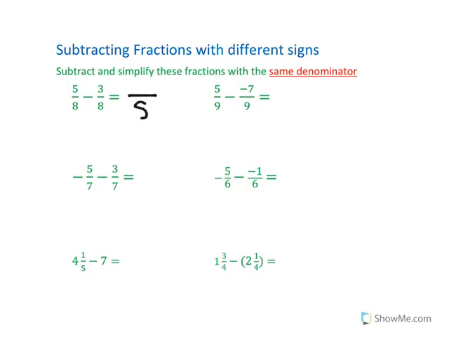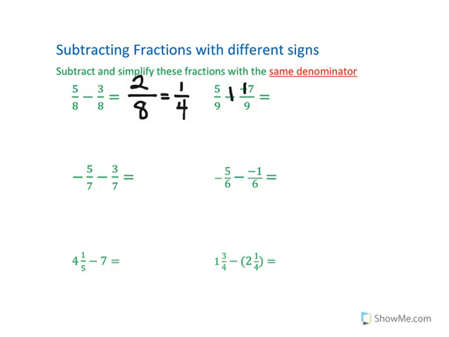Very simply, we just put that down. And then 5 minus 3 is 2. But that can be reduced. So 1/4. Now here we have 5/9 minus a negative, and when you subtract a negative, remember from your signed